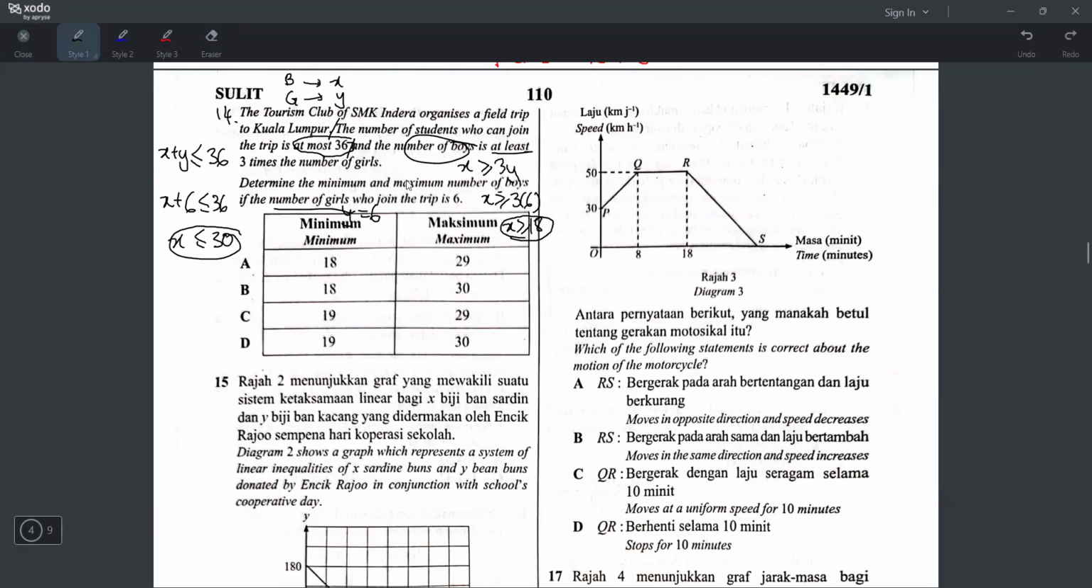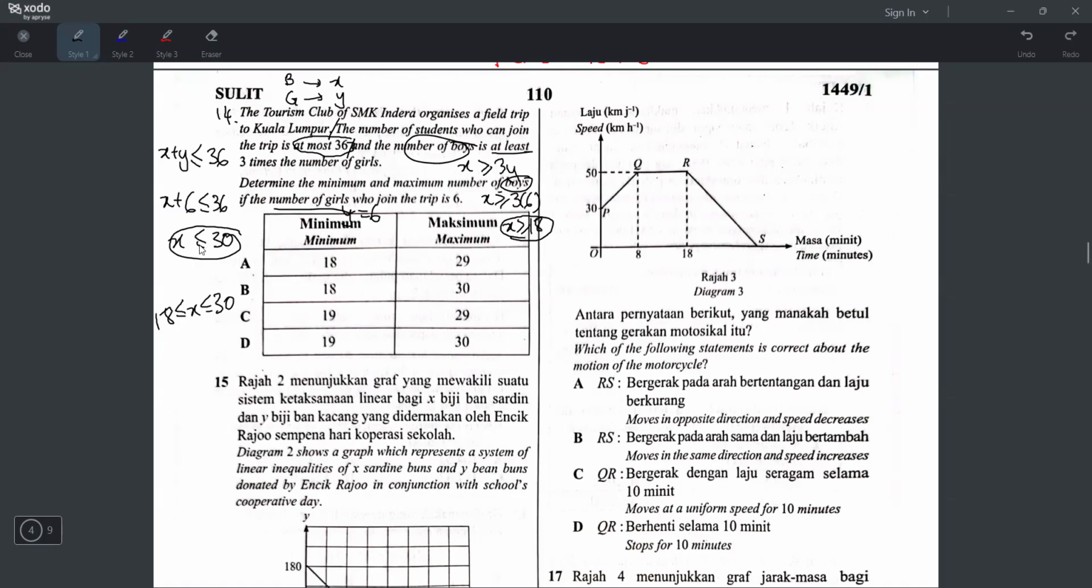Okay, sekarang dia suruh cari minimum and maximum number of boys. Boys means X lah. Okay, so what is your X value? It has to be bigger than 18 but smaller than 30. Tapi dia nak minimum maximum, right? Okay, if your X value is bigger than 18, smaller than 30, it means your X is in between 18 and 30. Okay, it means jawapan yang you ambil, the overlap answers will be jawapan yang in between 18 and